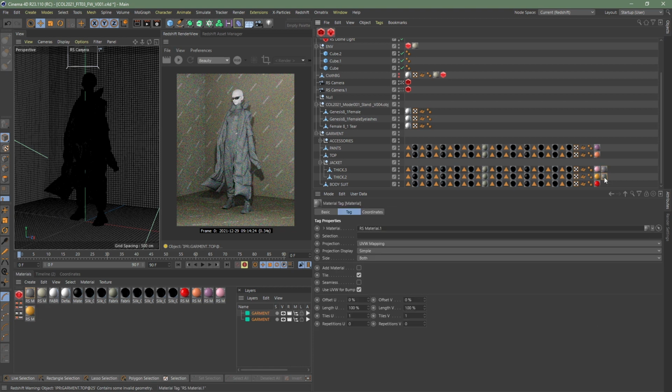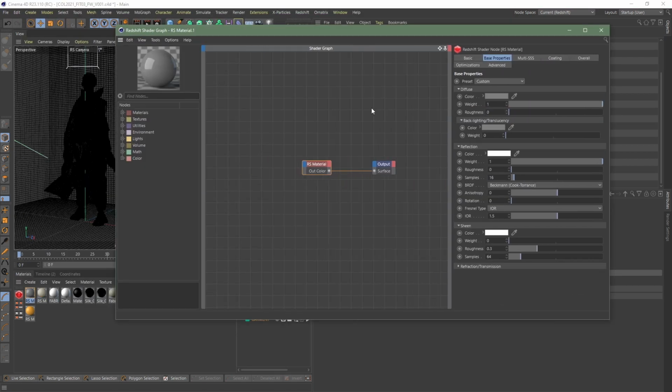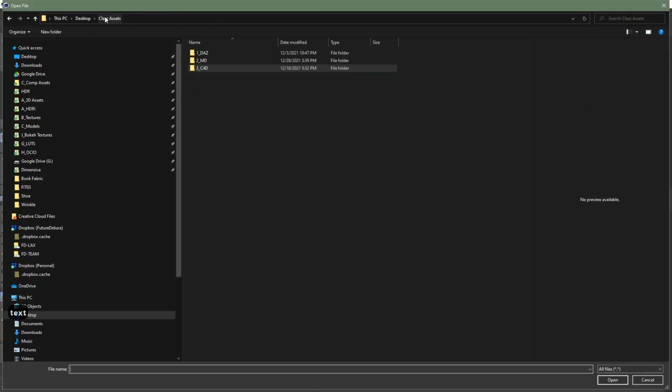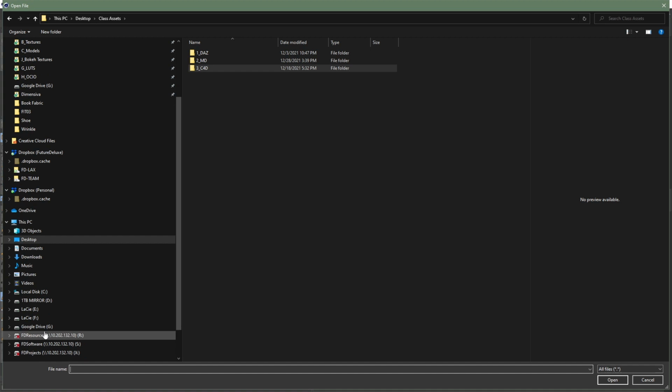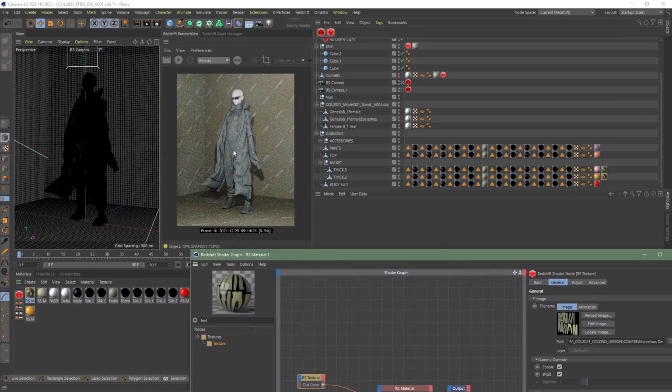Our jacket here, and just go into our shader graph, and I'm going to type in texture, and I'm going to go into our course. Boxes here, and then I'm going to plug this directly into our diffuse. Okay, and then when